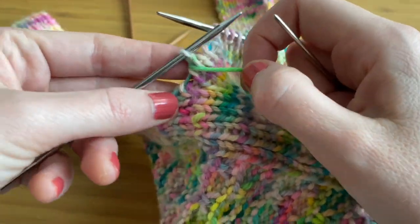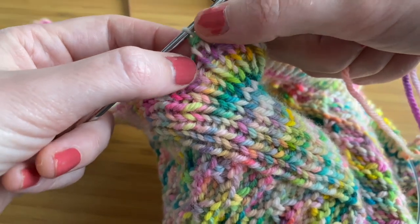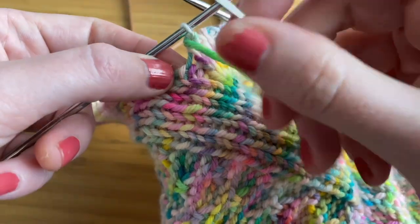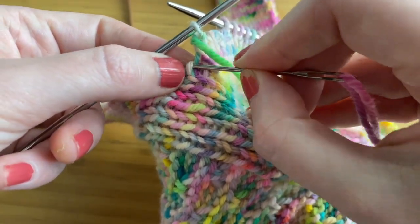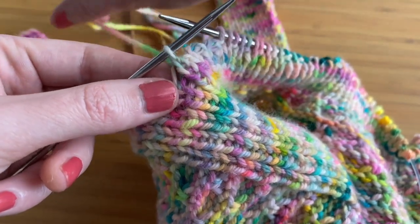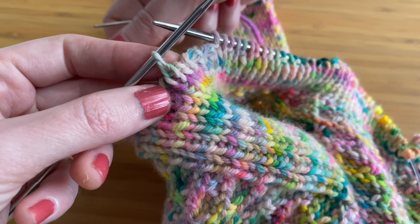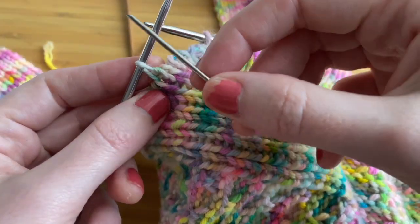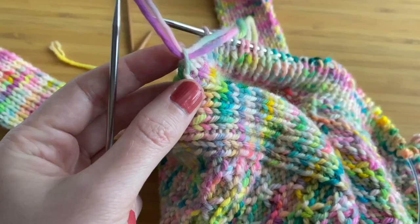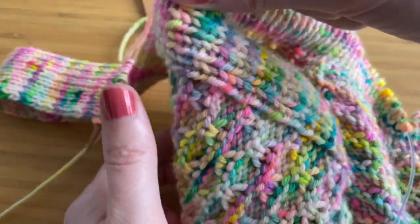Now what I'm going to do is I'm going to find what would be the next stitch in that column. Do you see how there's this little loop here in that purl column? So I'm going to go, this pale pink one, I'm going to go knitwise into that just to connect the edge of that bind off with the side of the front of the bralette here. Okay, so then I've got 1 more stitch left, and we're going to do step 1, knitwise off the needle, pull it through, and then I'm going to look again at that edge,